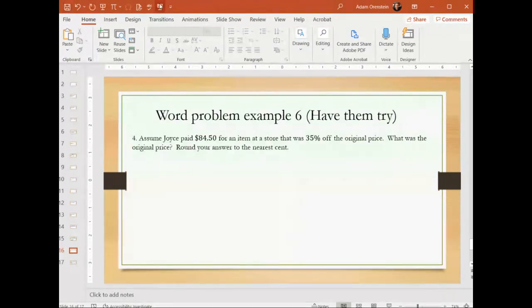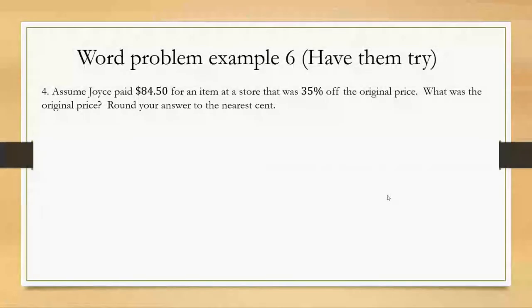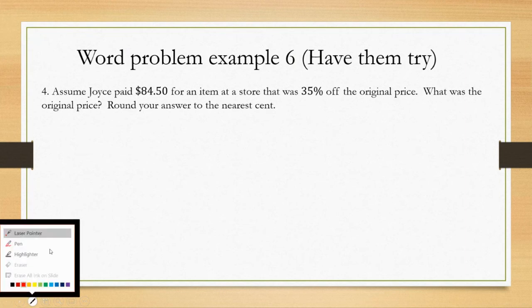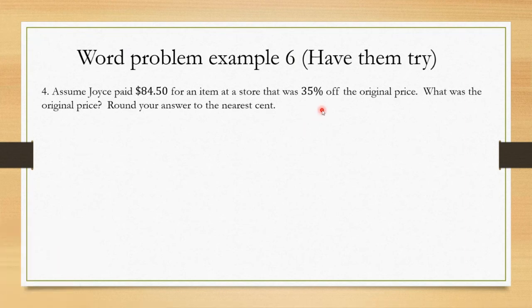Suppose Joyce paid $84.50 for some item in a store. It turns out it was marked off 35%. It's 35% off. Now the question is, what's the original price? When I say round to the nearest cent, that's the same as rounding to 2 decimal places. So we know that Joyce paid $84.50, right? We also know, hold on,